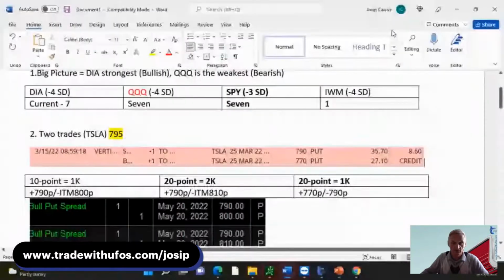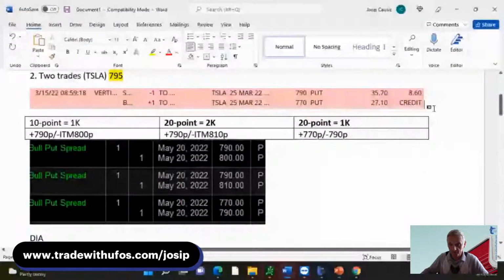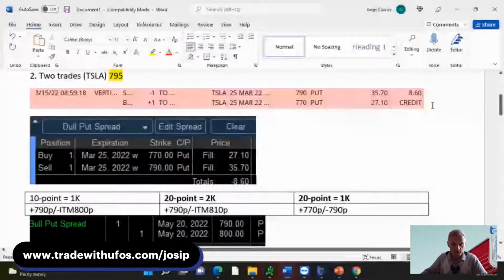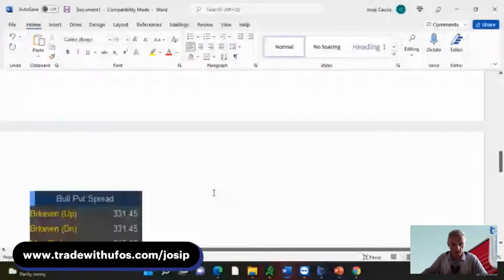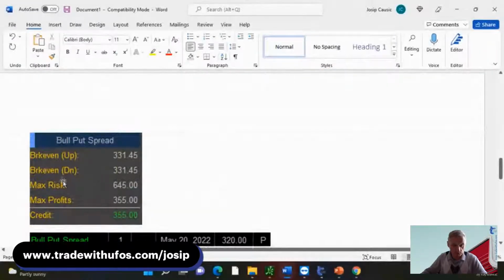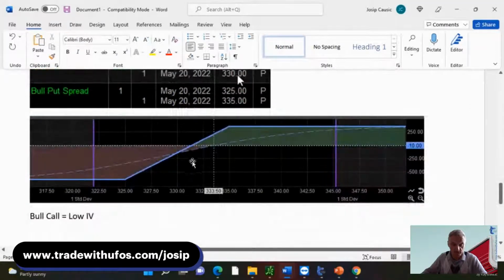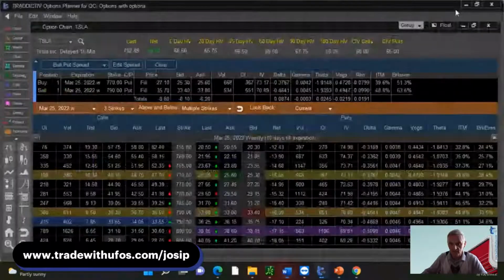We will have the same four pictures in it. So just like we had the red one with the bull put spread, we are now missing the explanation of what this is, but I can't get this unless I take a snapshot of the risk graph. And how do I get the risk graph?